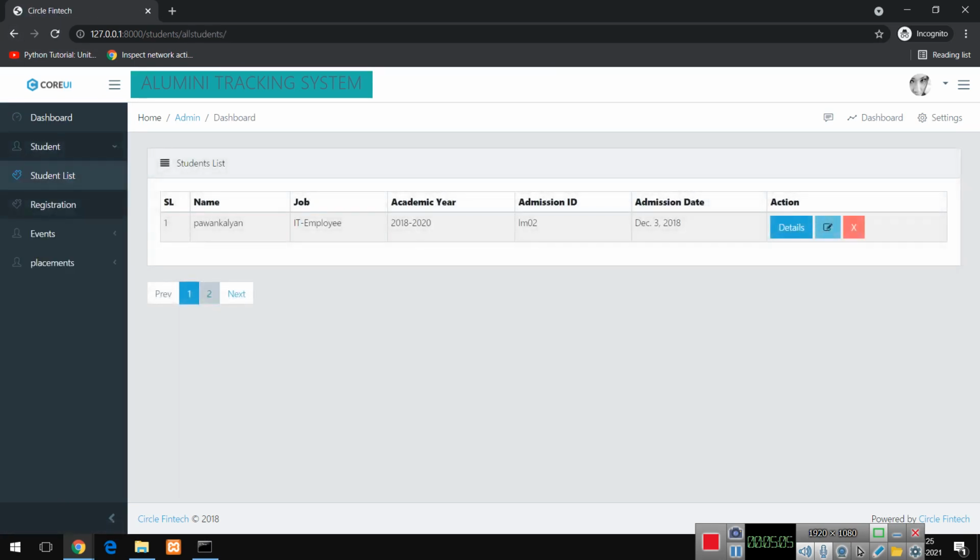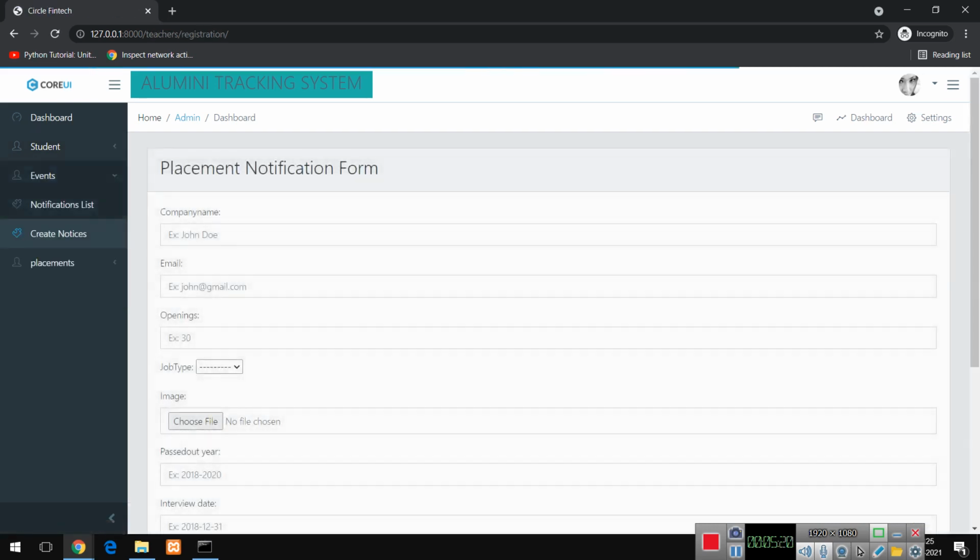And coming to the events. Events contains two submodules: create notes and notifications list. Okay, create notes. Here the admin, the college department, will create notifications like job notifications or something. I'm going to create one job notification